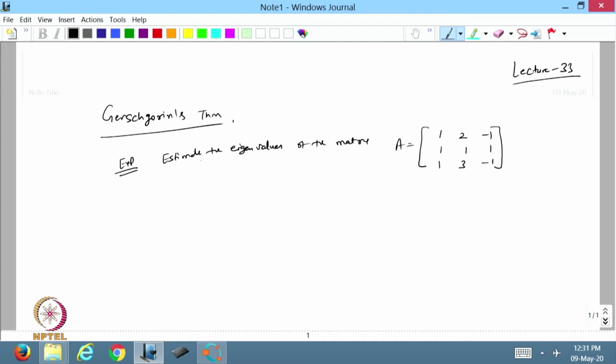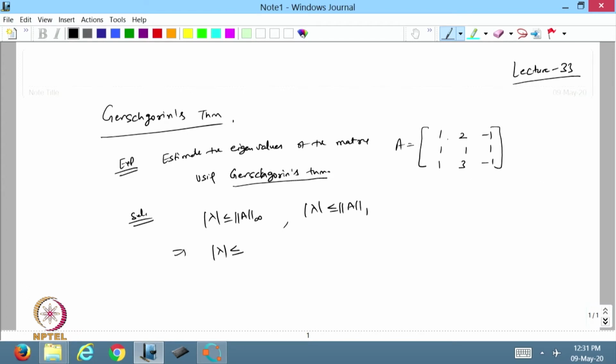I can do this using the Gershgorin theorem. So that is my solution. Now if I take lambda less than or equal to the infinity norm and the norm 1, I can write lambda is less than or equal to the maximum row sum.